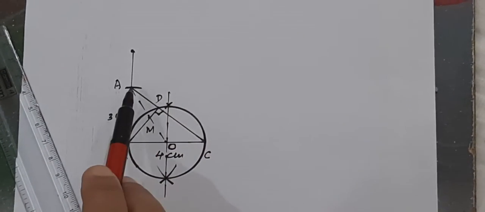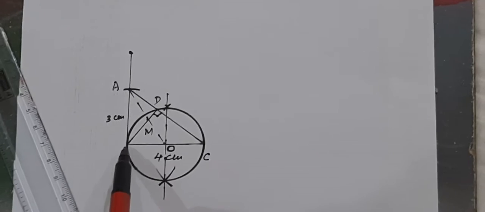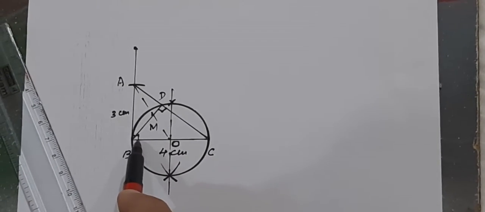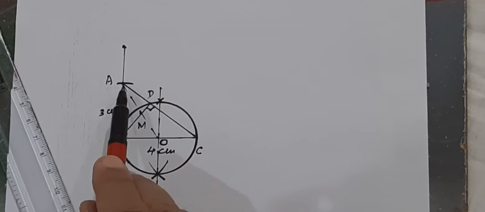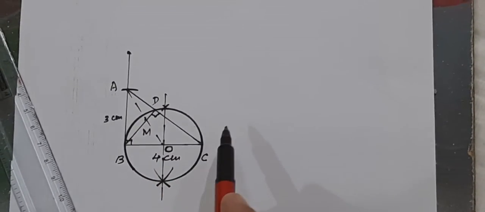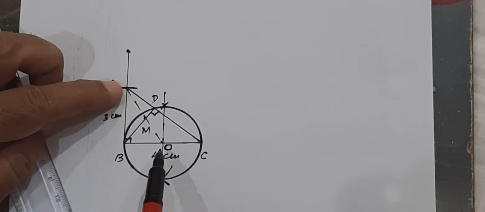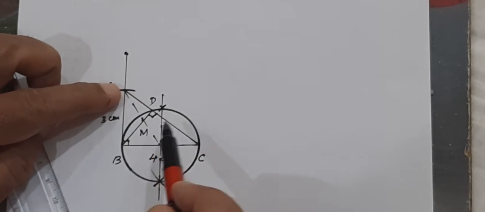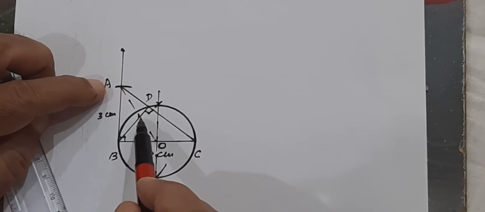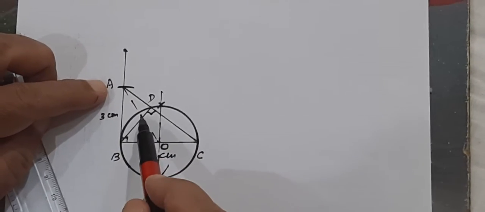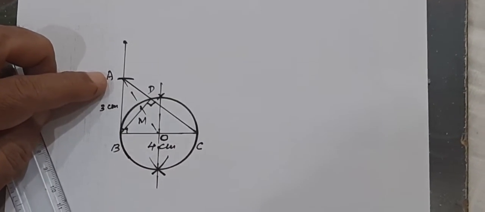Now we have to draw tangents from A. Already one tangent, AB, is at a right angle. This is 90 degrees, so AB must be a tangent. So we have to draw one more tangent from A to this circle. For that purpose, A is an external point and we have to draw one circle passing through A and O. So now you know that this MA will be the radius, MB will also be a radius, a property of the perpendicular.